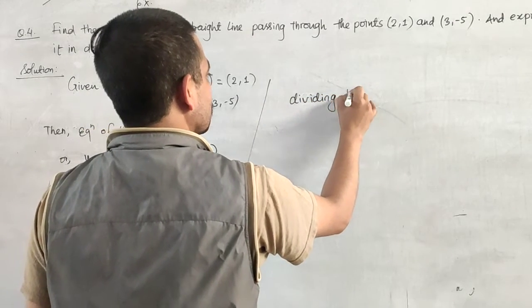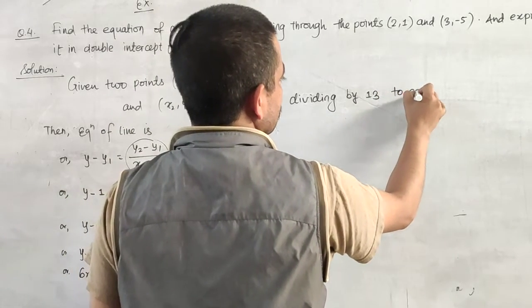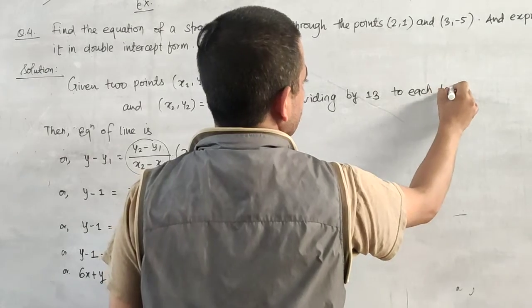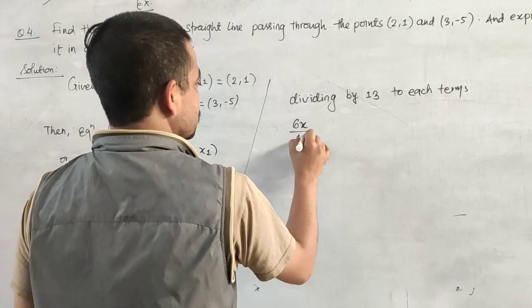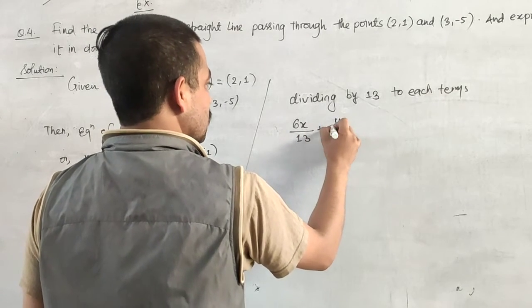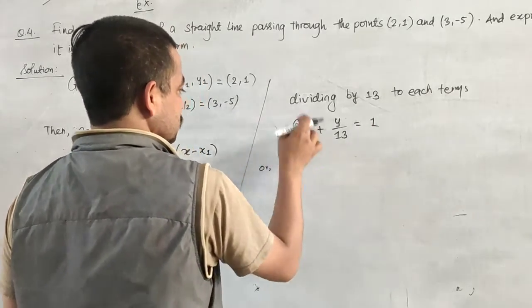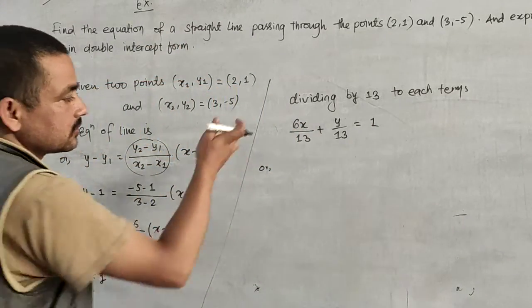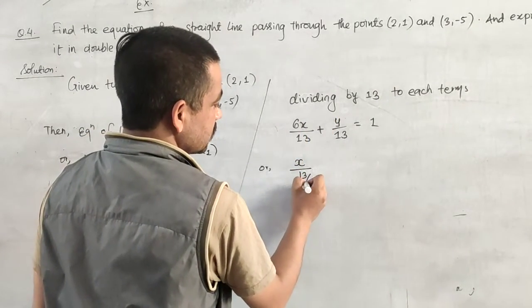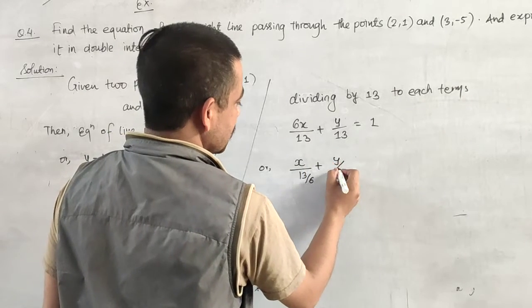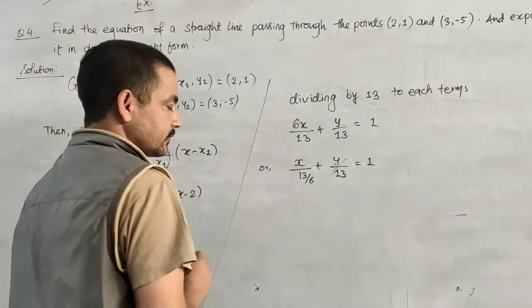Dividing by 13 to its terms, 6x upon 13 plus y upon 13 equals 1. Now 6 cannot divide 13, so x should be alone on the top: x upon 13 by 6 plus y by 13 equals 1,